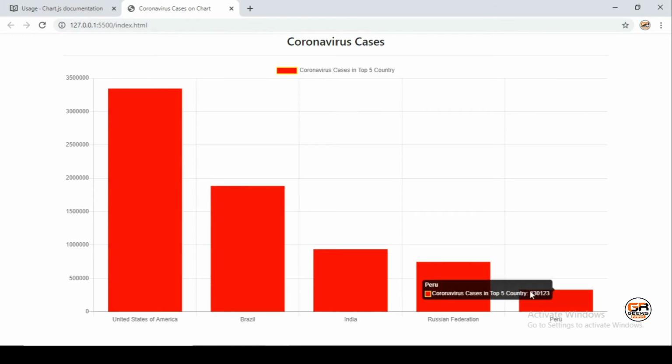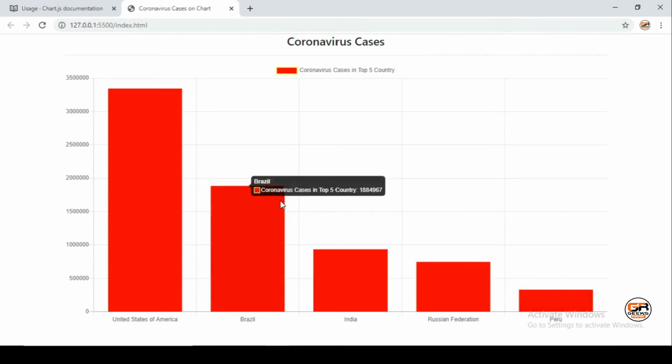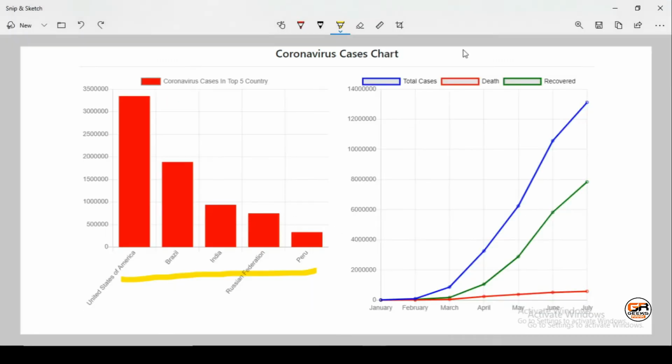You can do some more styling, but we are now moving on to the second graph, which we saw at the start of the project. The second one will be the line graph, comparing multiple lines for total cases, deaths and recovered cases.